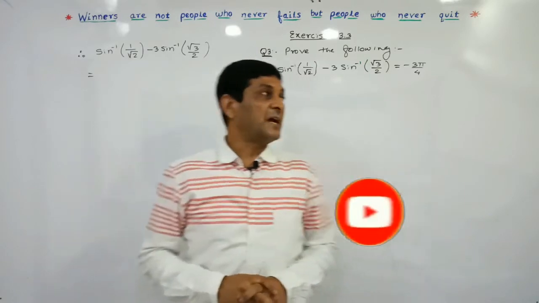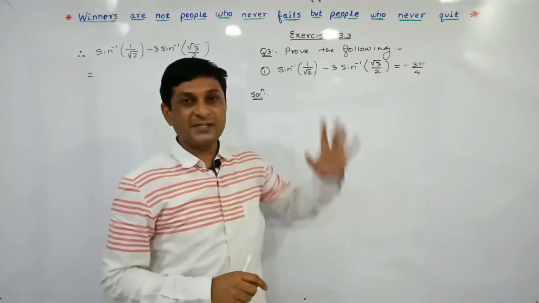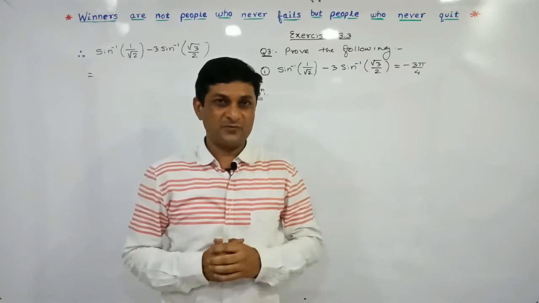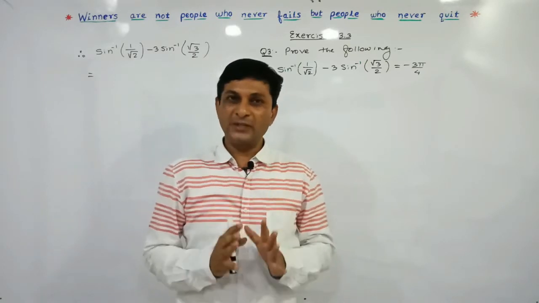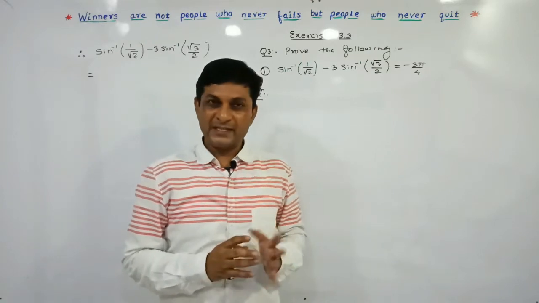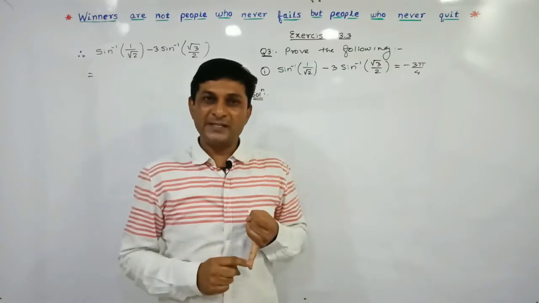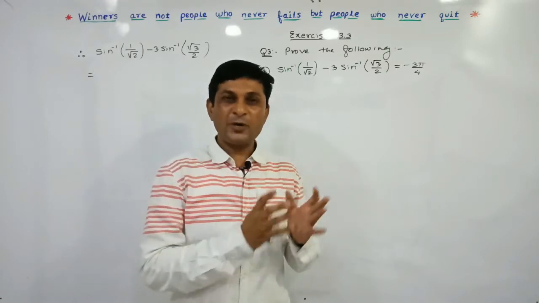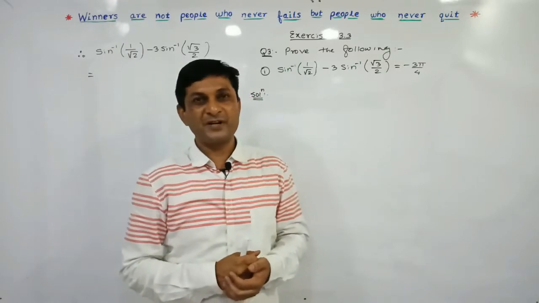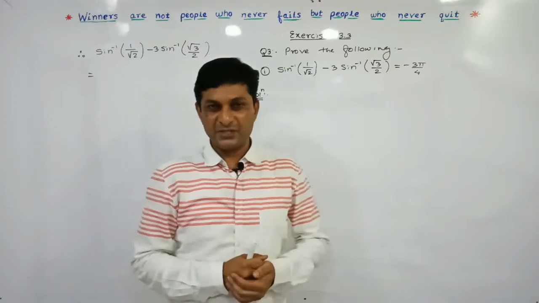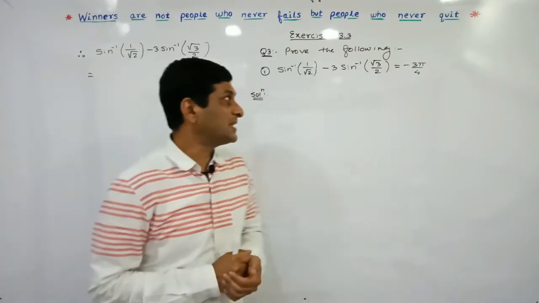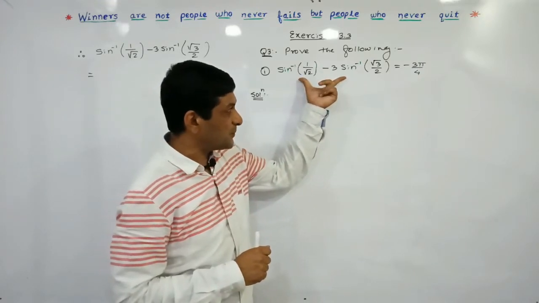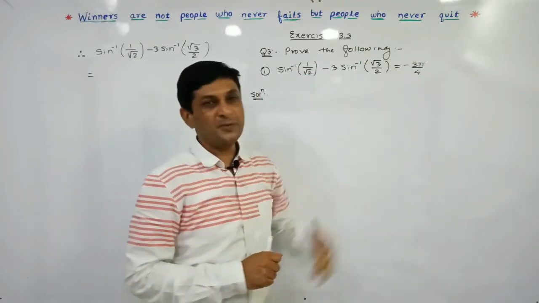So today we are starting question number 3 from exercise 3.3. In the last video we have completed the first two questions from this exercise, and to solve the examples from this exercise we should know all the results related to inverse trigonometric functions: what is the domain, what is the range of every inverse trigonometric function, and the properties of inverse trigonometric functions. So in this example we have to show that the value of this trigonometric expression is equal to minus 3 pi by 4.